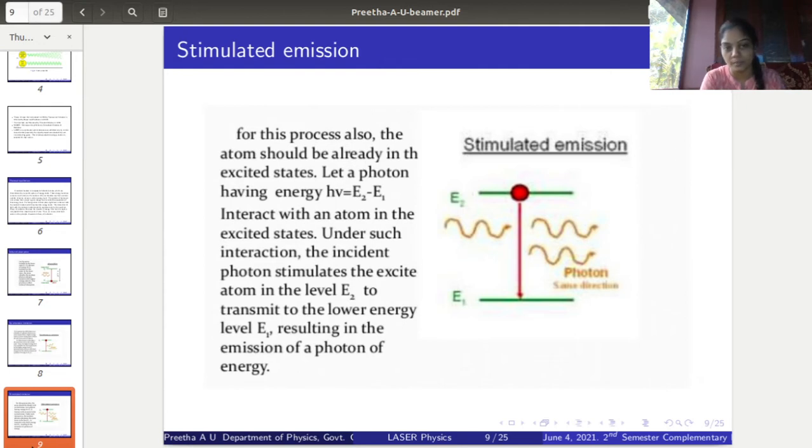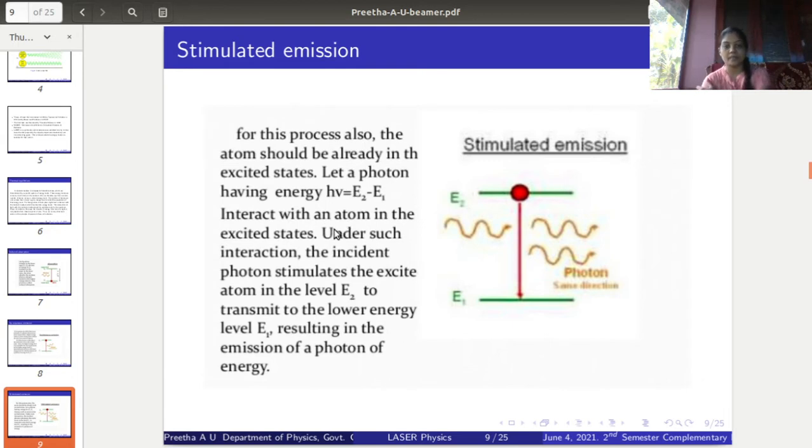So for the stimulated emission process, the atom should already be in the excited state by absorbing some energy. Let a photon having energy h nu equal to E2 minus E1, that is the energy difference of these two energy levels,